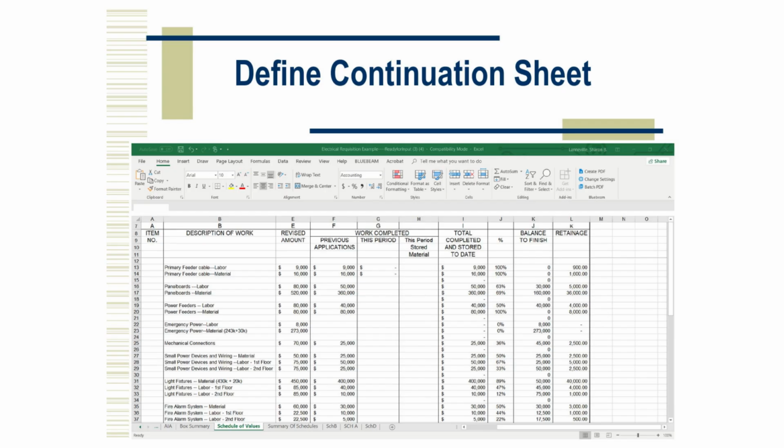Column E, revised amount, shows the current approved total for that item, including any change orders. Column F, previous applications, shows how much money has already been billed for that item in earlier pay periods. Column G, this period, records the dollar value of work completed during this billing cycle. Column H, this period, stored material, captures the value of materials that have been purchased and delivered to the site,